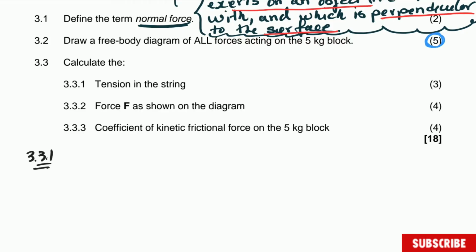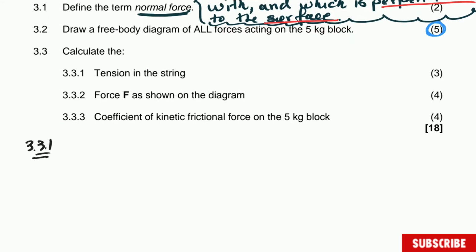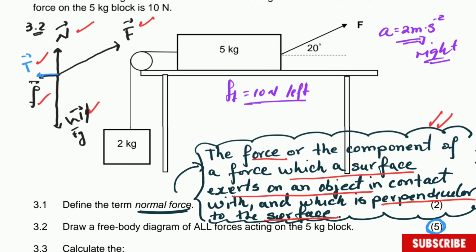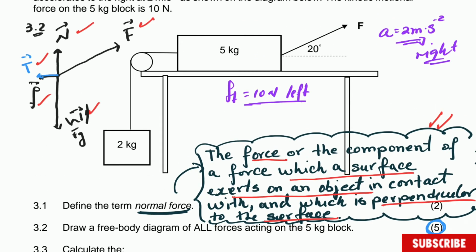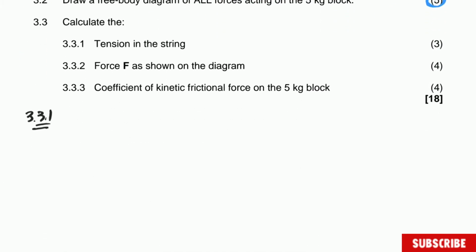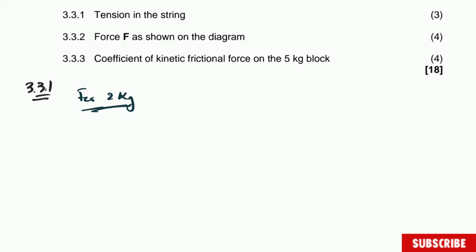What I mean by simultaneous is that we have to work with both blocks. Now, in this case, we are going to begin with the 2 kilogram block. Why? Because there are fewer forces acting on the 2 kilogram block, and if you start from there, it may happen you don't have to work with the 5 kilogram block. So to do that, we are going to write here for the 2 kg, we are going to do the free body diagram for that one, because we need to know what forces are